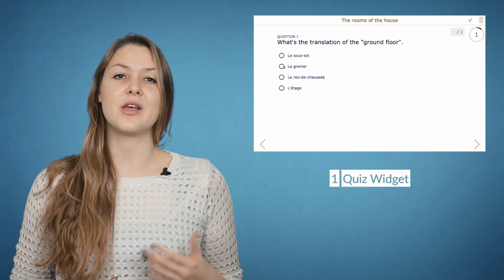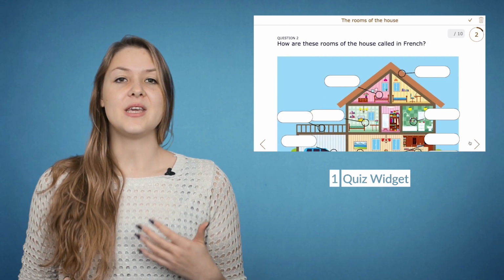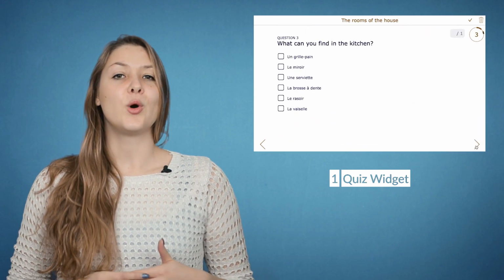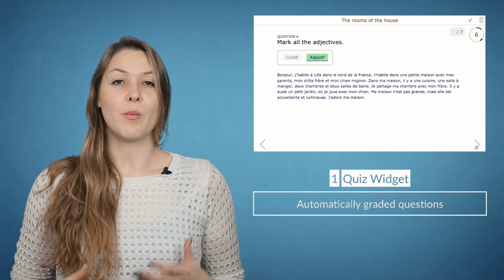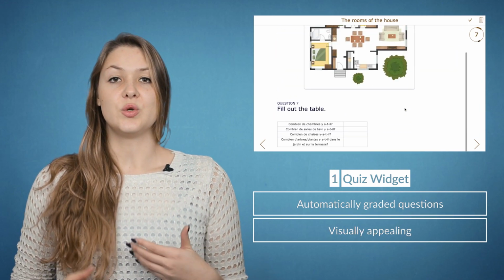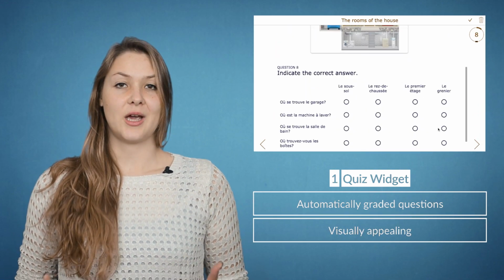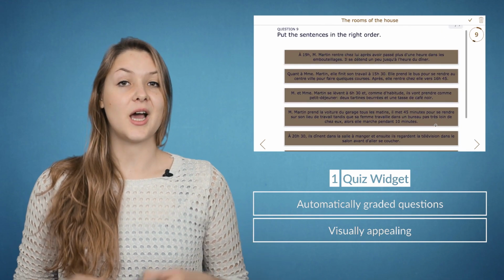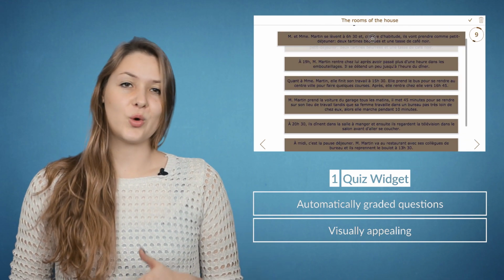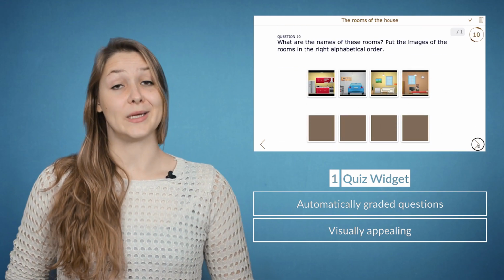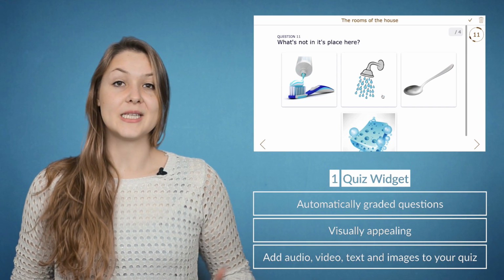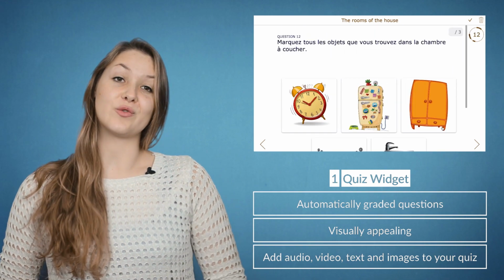The first example is a visual quiz that gets automatically graded. As a language teacher, you give a lot of Google Classroom assignments, and these can be quizzes and worksheets. BookWidgets has lots of questions that get automatically graded and that are visually much more appealing than to just use a standard paper worksheet. Check out this quiz made with 100% automatically graded questions. BookWidgets quizzes have lots of extra options that are perfect for teaching languages. Add audio and video for listening exercises and text and images for reading.